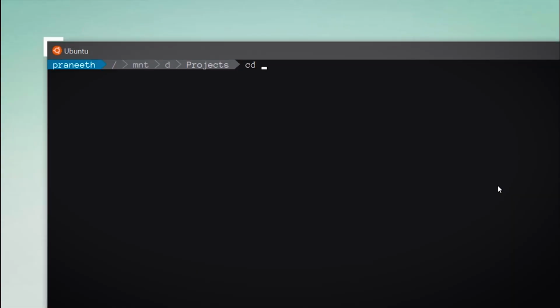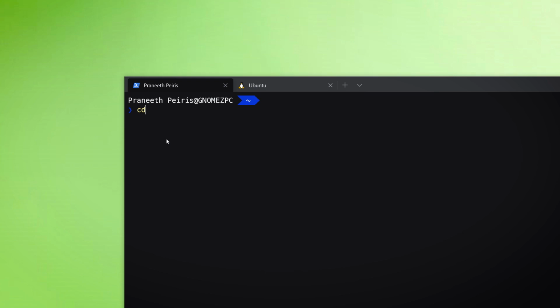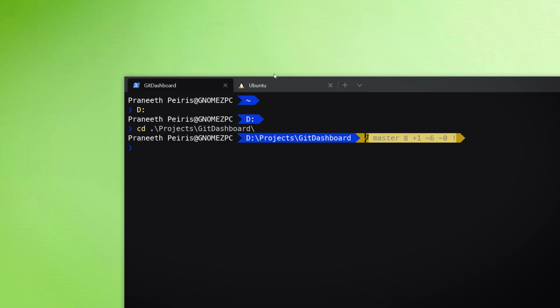If you don't know what Powerline is, it's like this cool update to the terminal that shows the Git branch that I'm in and how many commits behind and ahead I am. It's really cool. I will also keep a link in the description if you want to try it out. Surprisingly, I didn't know that it works for Windows, but it does. Especially for WSL, it works without an issue because it runs on Ubuntu. But for PowerShell, it works perfectly fine. I tried that and it's awesome.